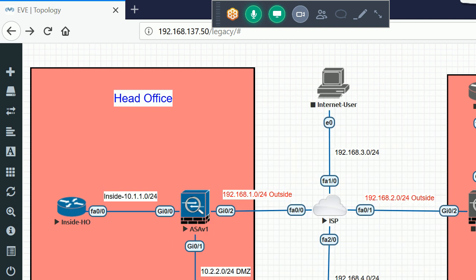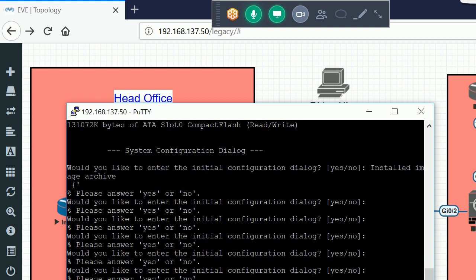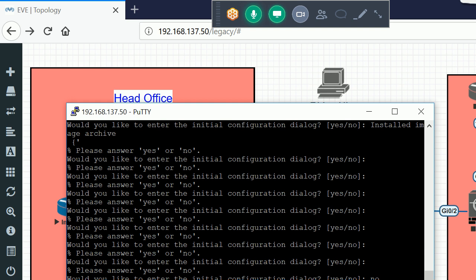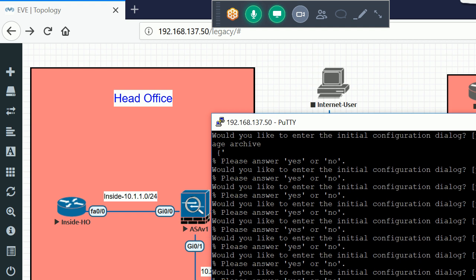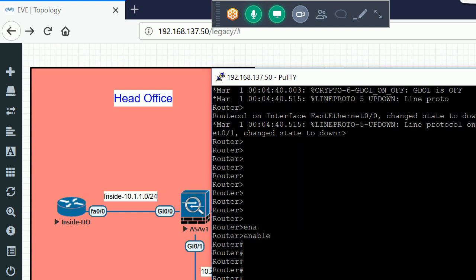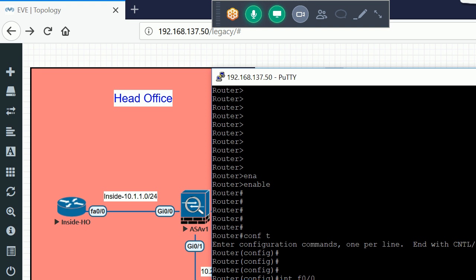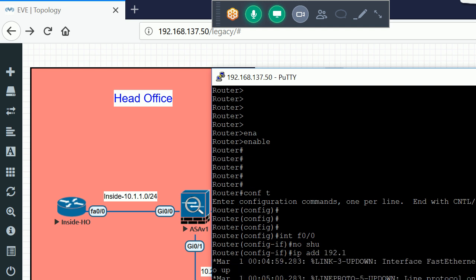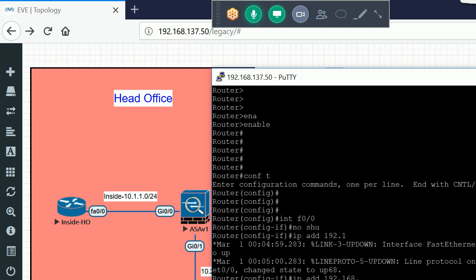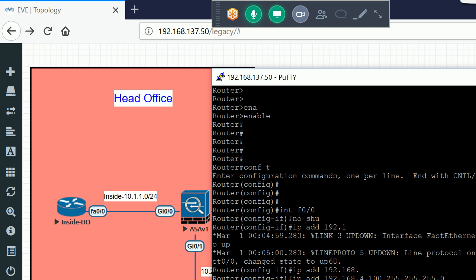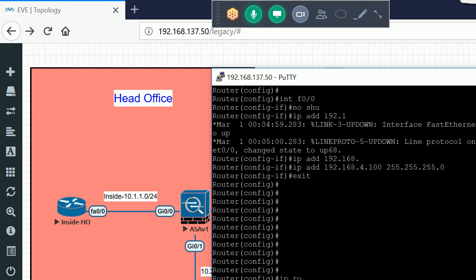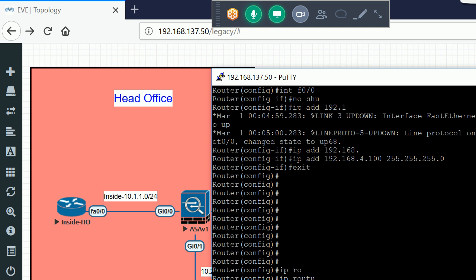I'll just wait. I also configure one default gateway, two dot one.